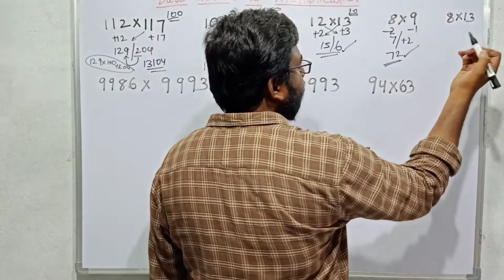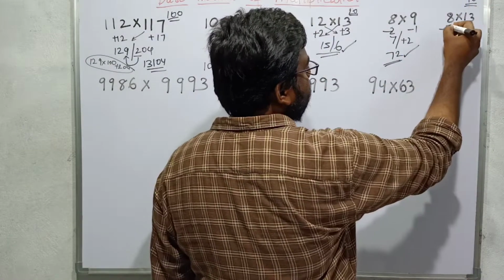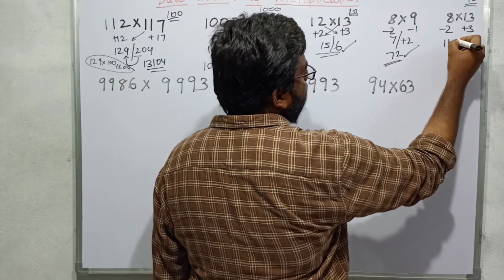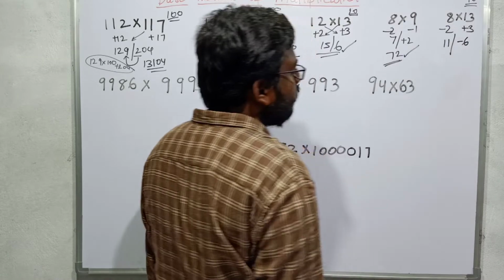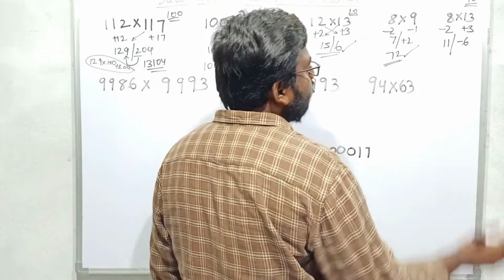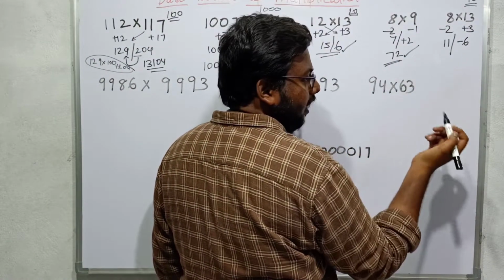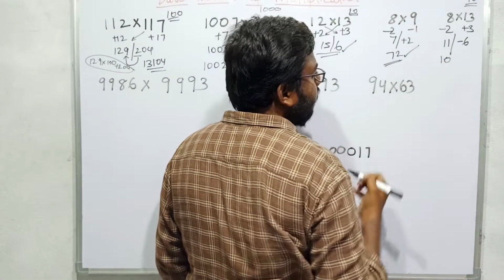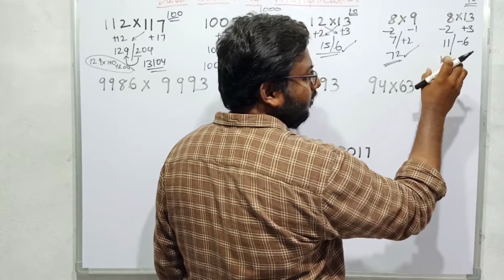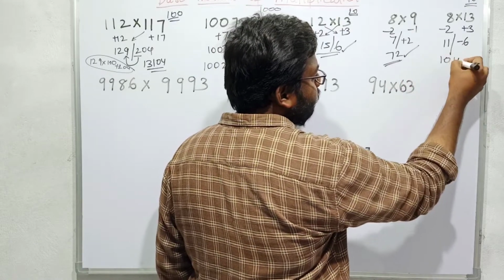If both numbers are near to 10, then I can calculate this in the base method. So this is minus 2, this is plus 3. If I operate on this, what will I get? I will get 11 slash minus 6. But here I want to remove the minus sign because we have to settle it. So that means there are 11 tens in it. So I will take 110, that means I will get 10 here, and that 110 is simply 110. So 10 minus 6 is 4, 104.